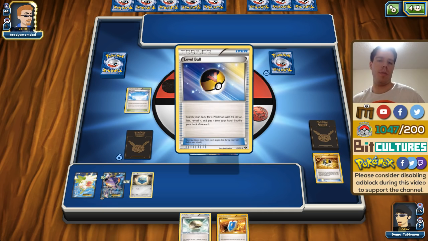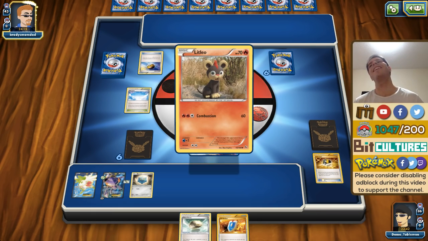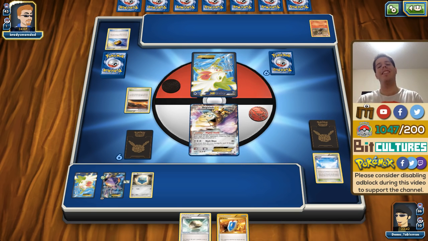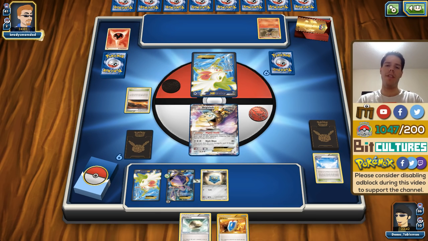Wow, there's a Level Ball. So, did I see wrong? Is this not a fire type deck? No. Wow. That's even worse than Volcanion. That is absolutely even worse than Volcanion. Wow. I mean, sure, we have X-Maniac, but